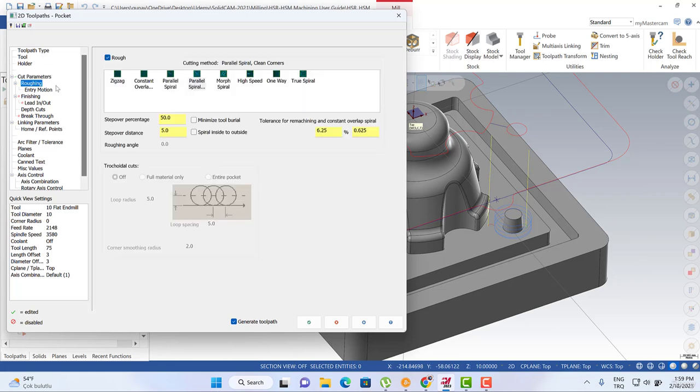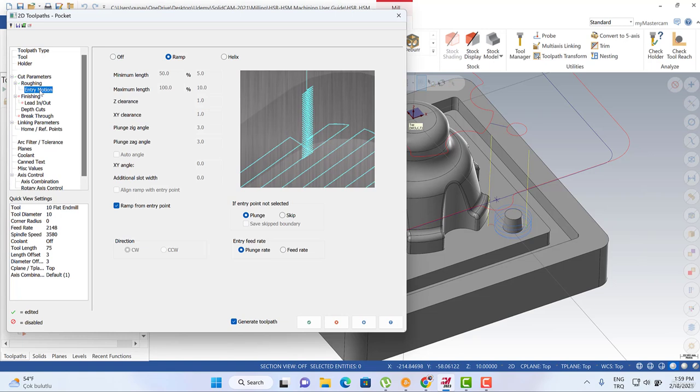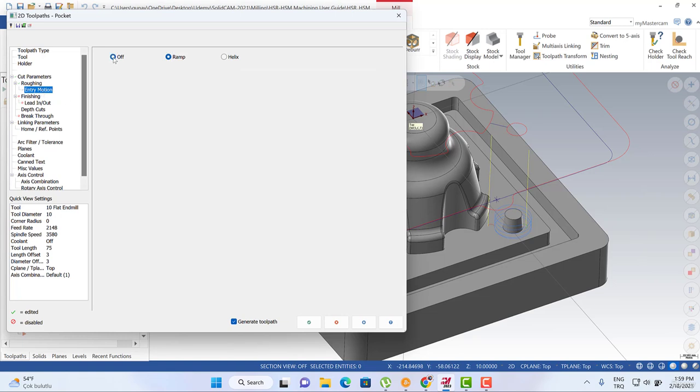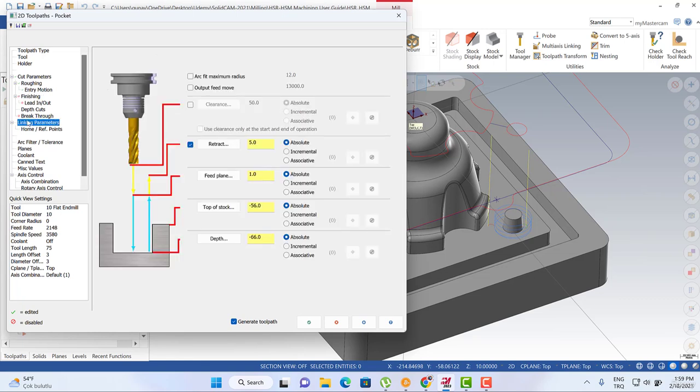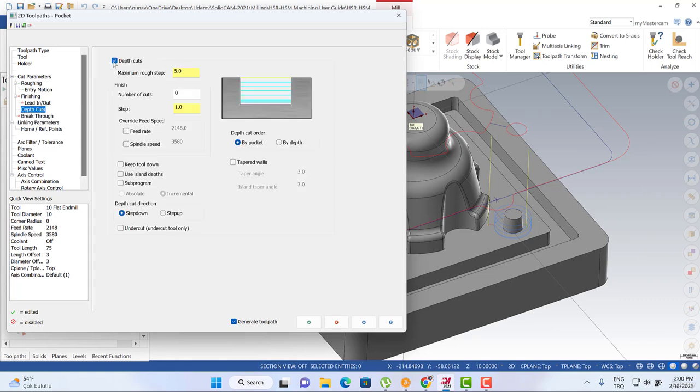When I turn to roughing process, we can also change our step over. Our step over can be 20% of my tool diameter. And then we can also turn to the entry motion, and then we can cancel it. Okay, we don't need any process. Okay, let me turn to the linking parameters. And before that, we can also turn to the depth cut. I don't want to see any depth cut. We are only going to have one